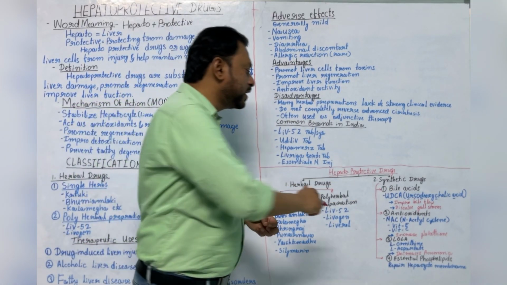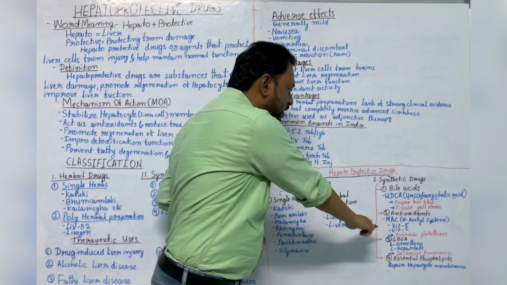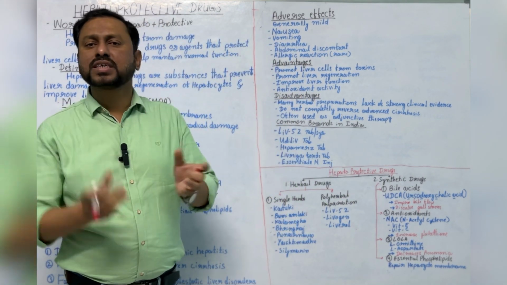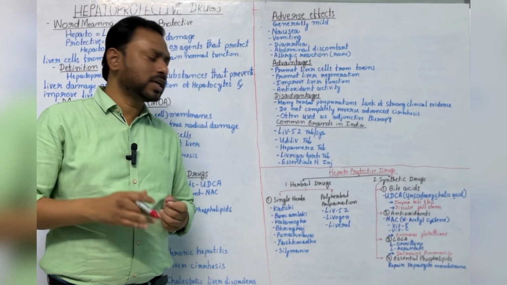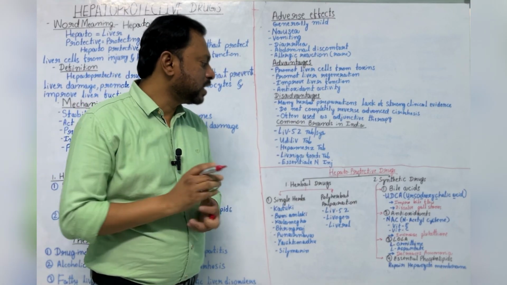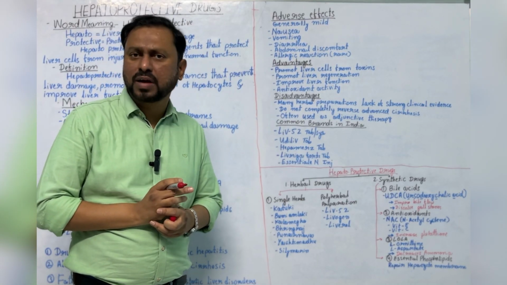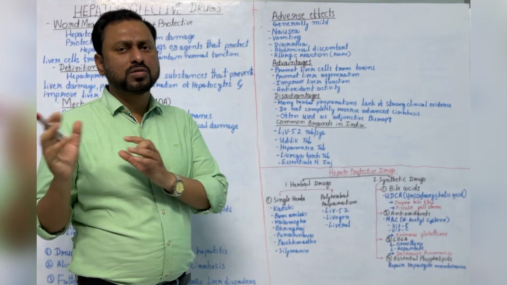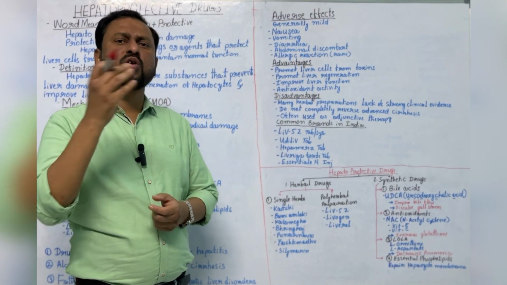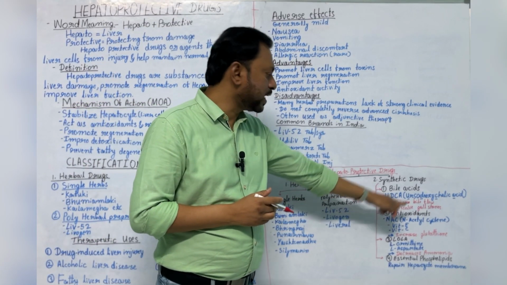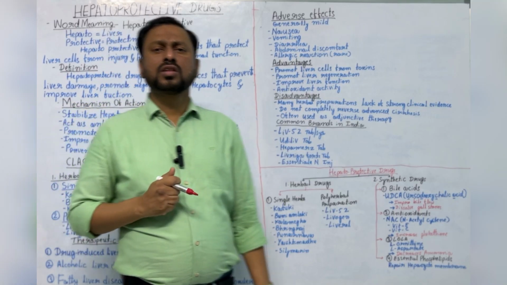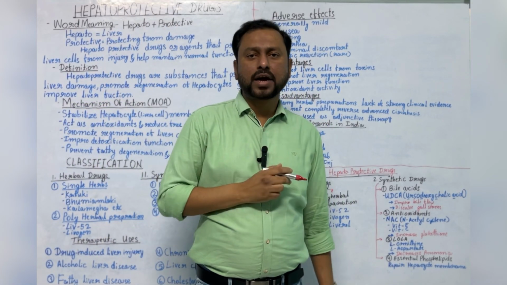The next one is the antioxidants. Here again we have NAC, vitamin E, and vitamin C. These act as antioxidants, prevent oxidation in the body, and prevent aging. Very commonly we give NAC, which is N-acetylcysteine. A very famous brand is Mucinex. It is very commonly used for corona disease also, because it is a mucolytic agent, as well as an antioxidant. It also acts as a hepatoprotective drug.